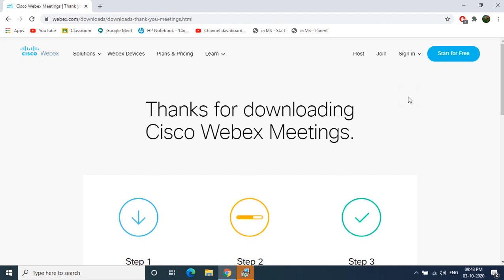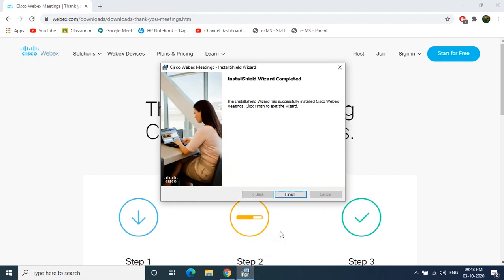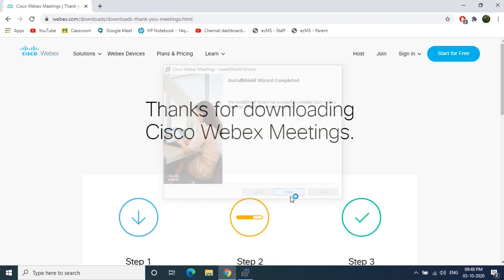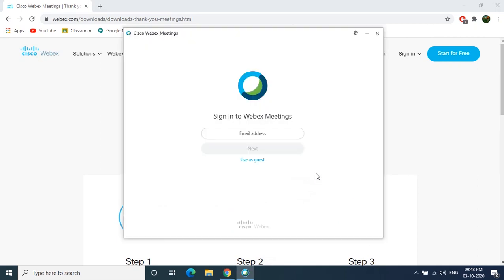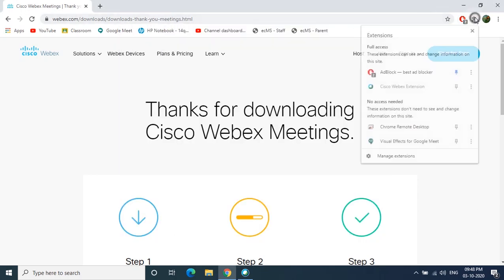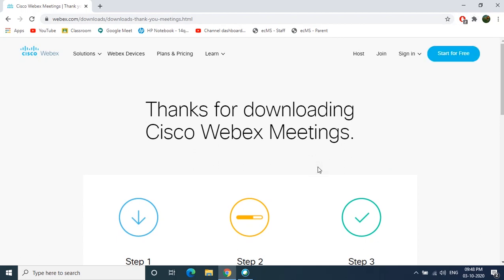You can see the app is getting installed and it is there on the taskbar. Again it will run a wizard. Just click on next, and now you are ready with the app to work on WebEx. On the extension you can see whether it has been downloaded properly or not. These are the very simple steps for you to make use of WebEx.